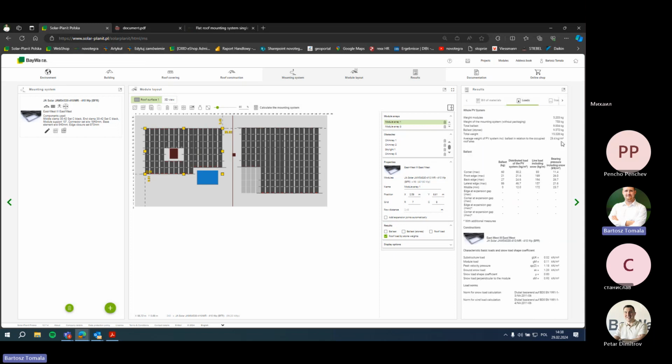And now we can see the difference: it was 38 kilograms per square meter, and now we have 29. Of course, it's a bit high, but you can see that the minimum ballast required is higher than previously, while the number of ballast stones is almost the same as it was in the flat roof 2 construction. But the logistics of this